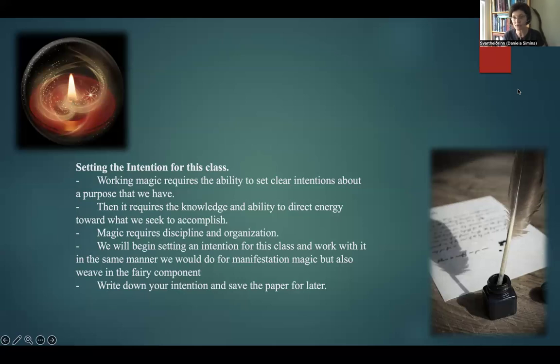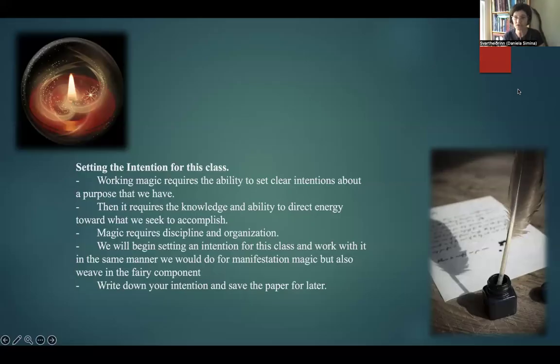So magic here boils down to harnessing energy, and since we're talking about fairy and fairy magic, it is also about calling on help from fairy allies. So this would be what makes this a little bit more particular in comparison with magic in general. You would be calling here on help from specific allies. So back to our slide.